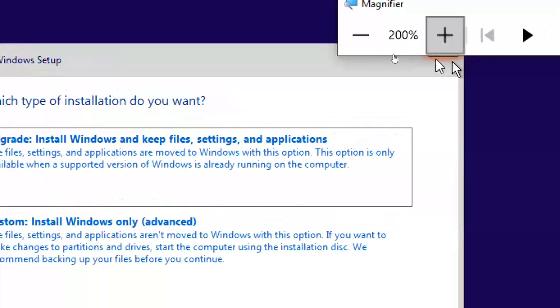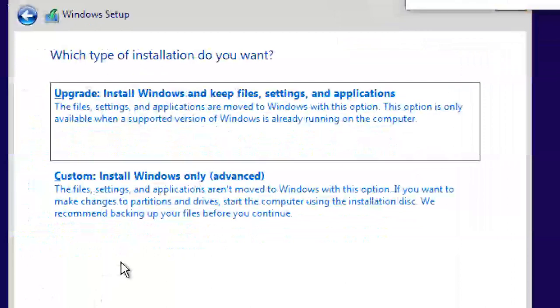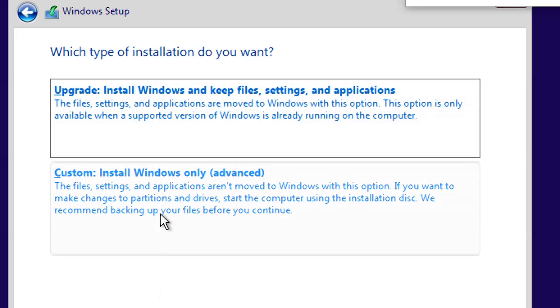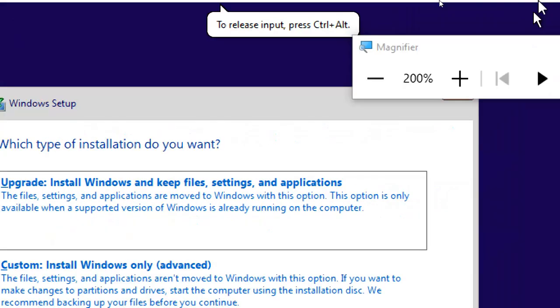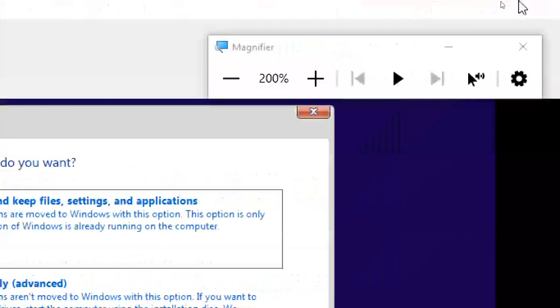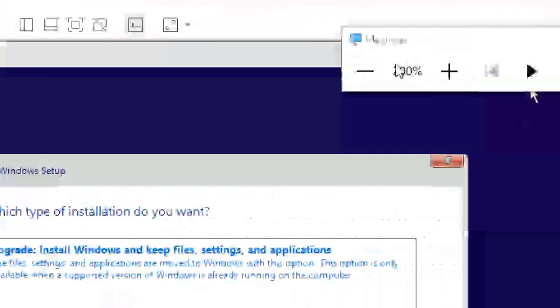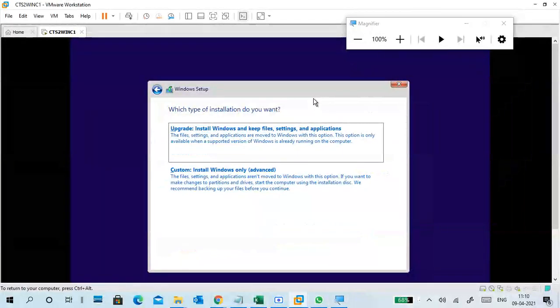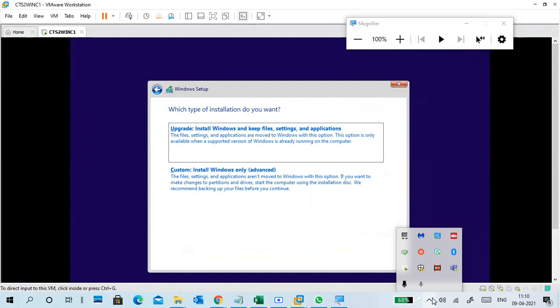You can see this closely. You can take a snapshot of it, like taking a picture of it. Important are Custom and Upgrade, guys. When you choose Custom and when you choose Upgrade, that is important here. Sorry, notifications.